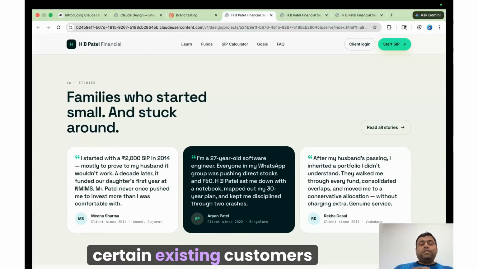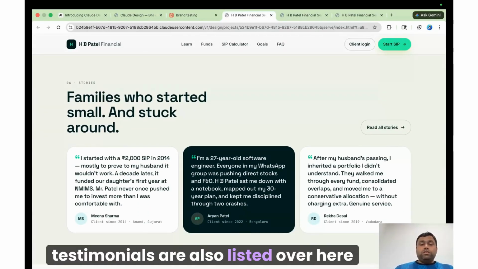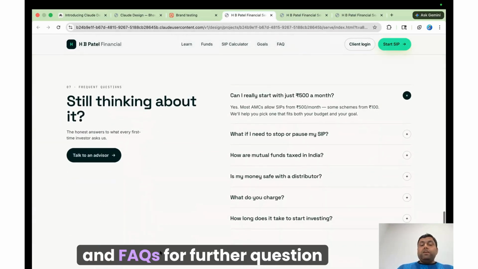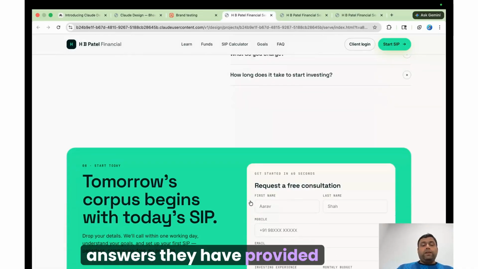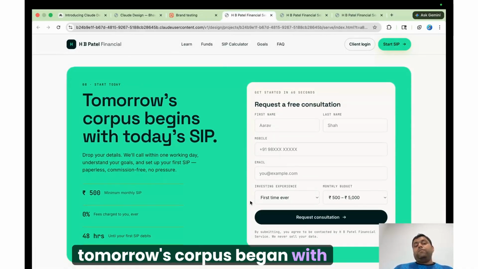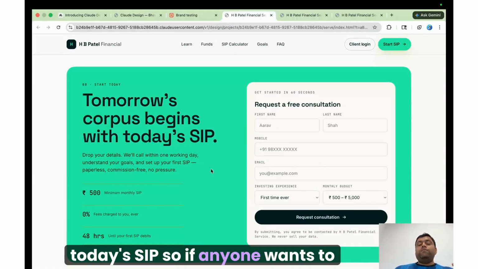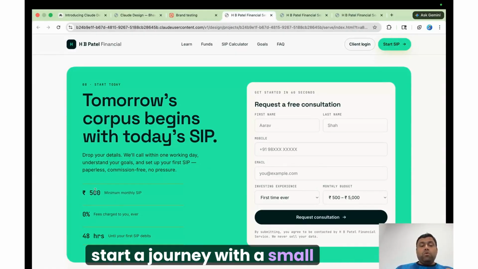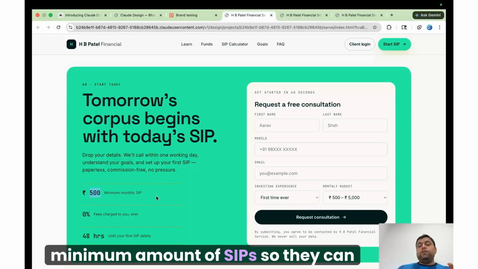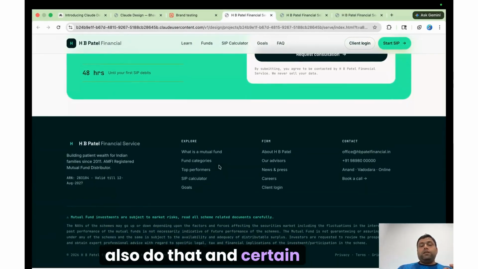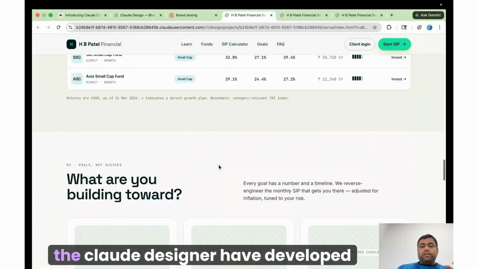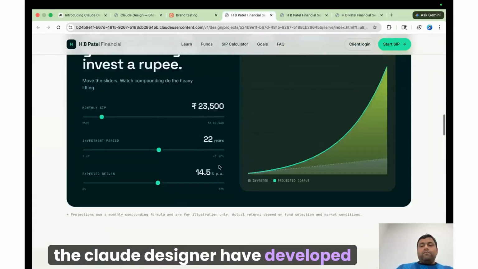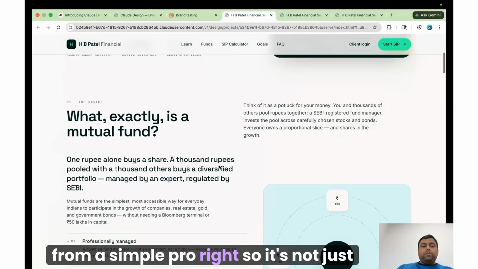Also certain existing customer testimonials are listed over here, and FAQs for further questions and answers they have provided. Tomorrow's corpus begins with today's SIP. So if anyone wants to start a journey with a small minimum amount of SIP, they can do that, and certain disclaimers. So this is the design Claude Design has developed from a simple prompt, right?